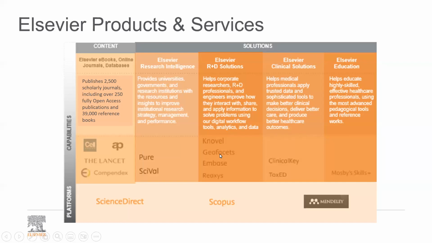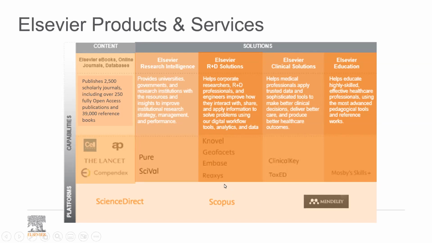They are search engines, platforms and smart tools, but it's not Google. Google is not the source for credible information and trustworthy data. So Compendex, Novel, and GeoFacets, as you can see here, are platforms specialized in the engineering and geoscience fields.